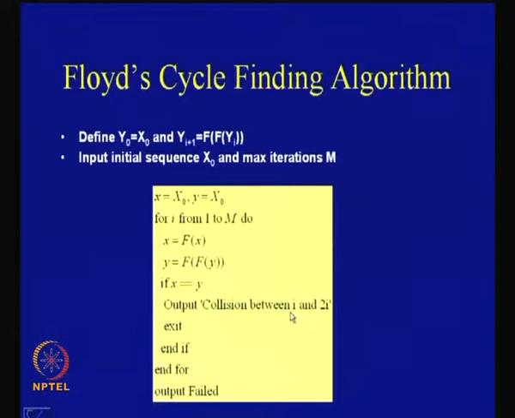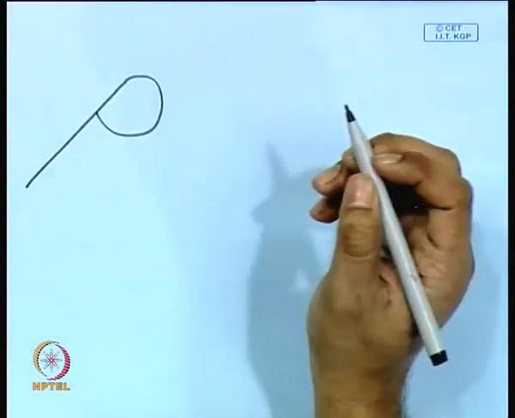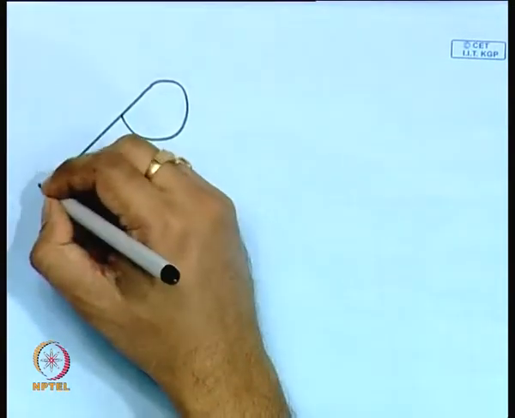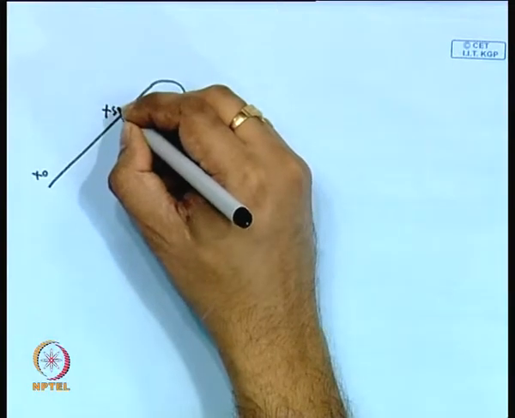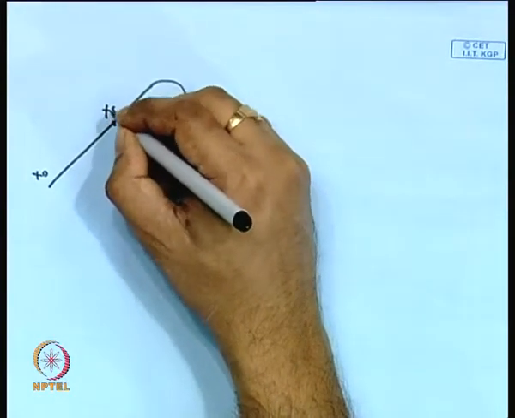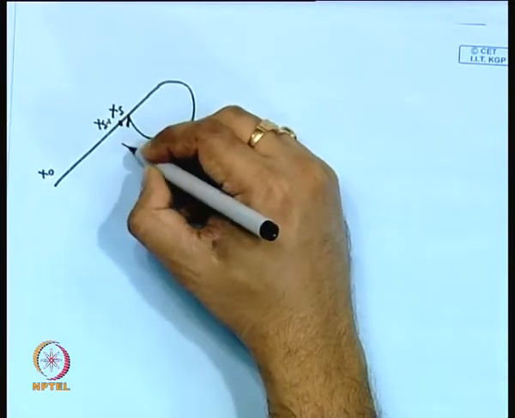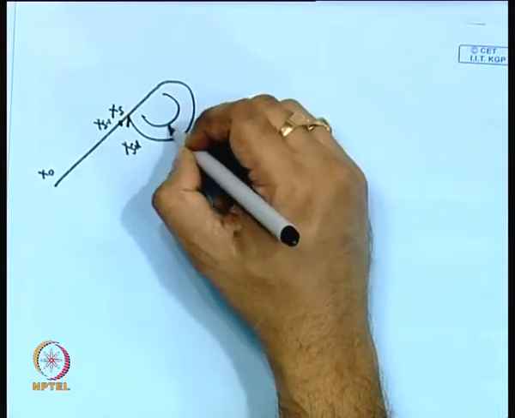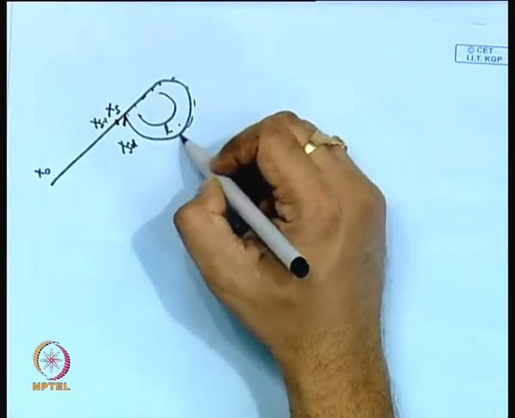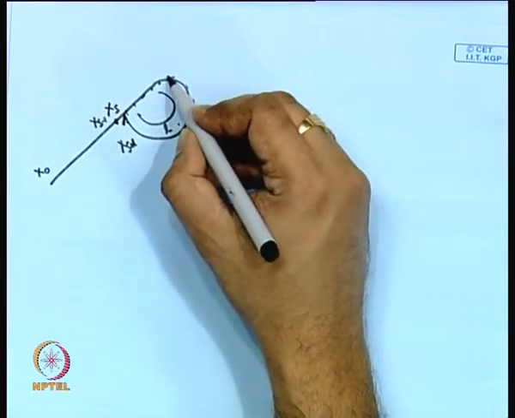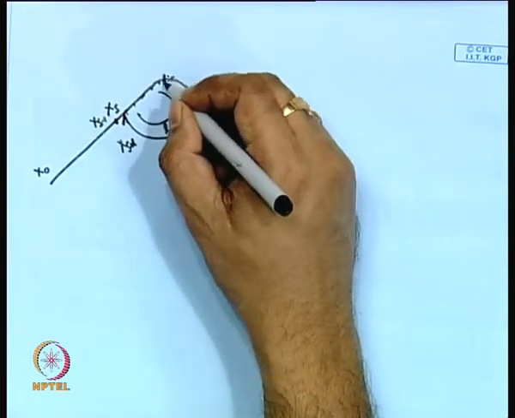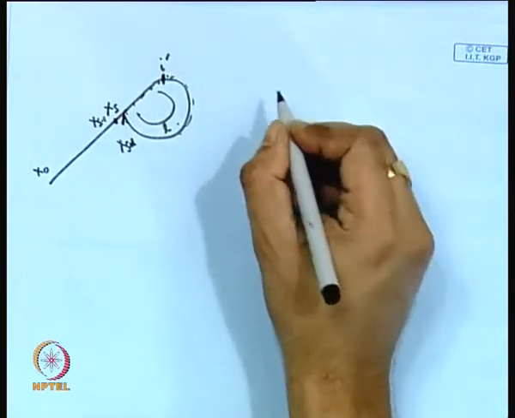This is a very useful algorithm, and it is often useful for doing analysis. For example, consider the cycle, which looks like a rho. You start from x0 and come till xs, so suppose this point is xs minus 1 and this is xs, and you keep on obtaining points, and then this is again xs plus L. Therefore the length of the cycle is L. So there are L successive points here, and you know immediately that among L successive points there must be one point, call it i dash, which is divisible by L.